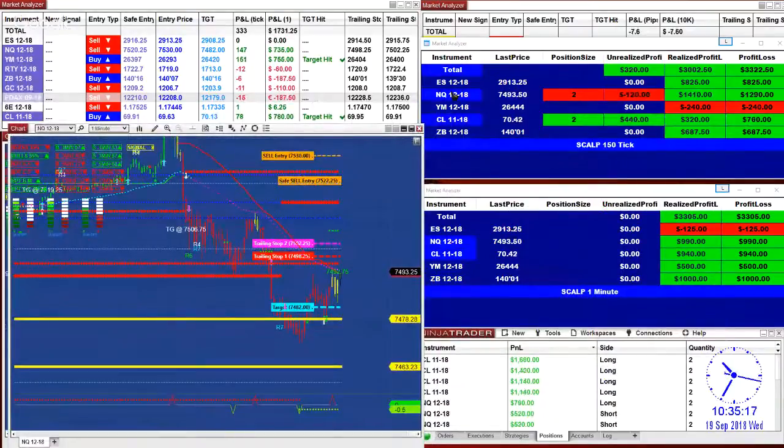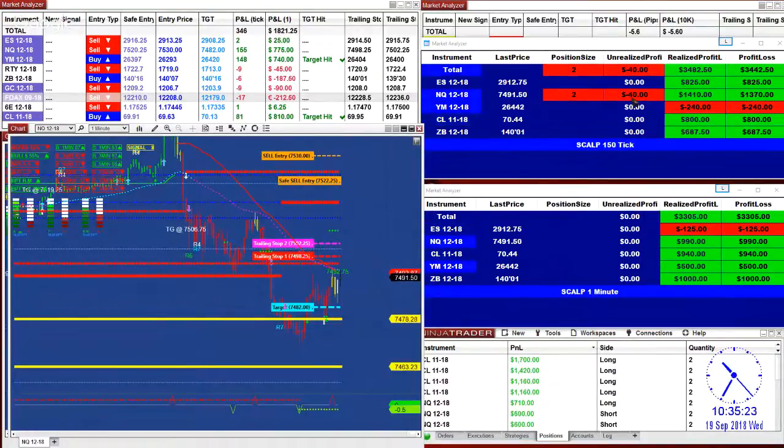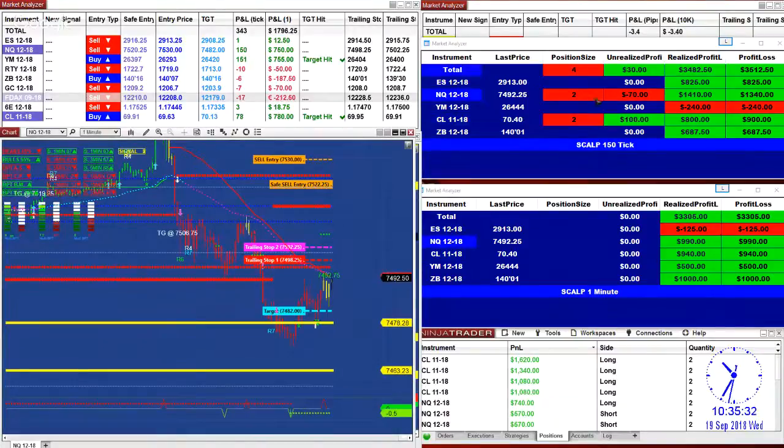If we look at the Nasdaq right now on the scalper, without a doubt, those scalpers are amazing. Without a doubt, whether you are using a market order or a limit order, they are amazing. And if you follow those market analyzer scalpers, you will be amazed how many ticks you can get out of them. But right now, you can see the Nasdaq is struggling on the scalpers for a reason. We cannot say the scalper is not working when we can nail $1,400 for today based on two contracts. We cannot say this is not good. It's very good, and this trade is struggling for a reason, not because the auto trade is not good, because